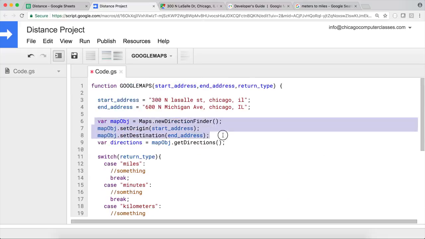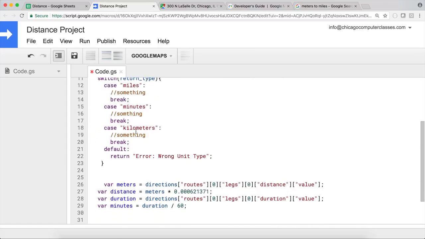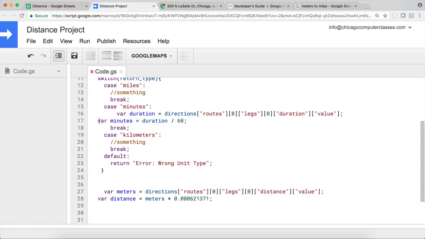So that's all we're going to do. We're just going to get directions to the directions object. Now if they decide to do it in minutes, that's where we're going to have to do this. So the something is going to be